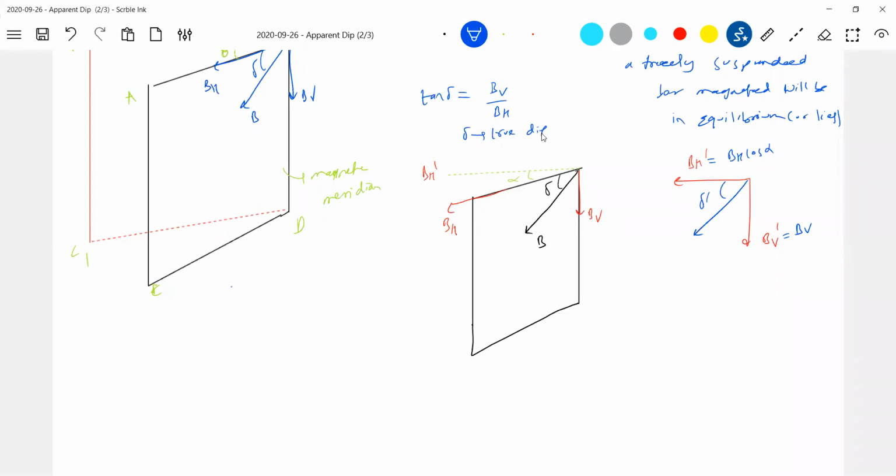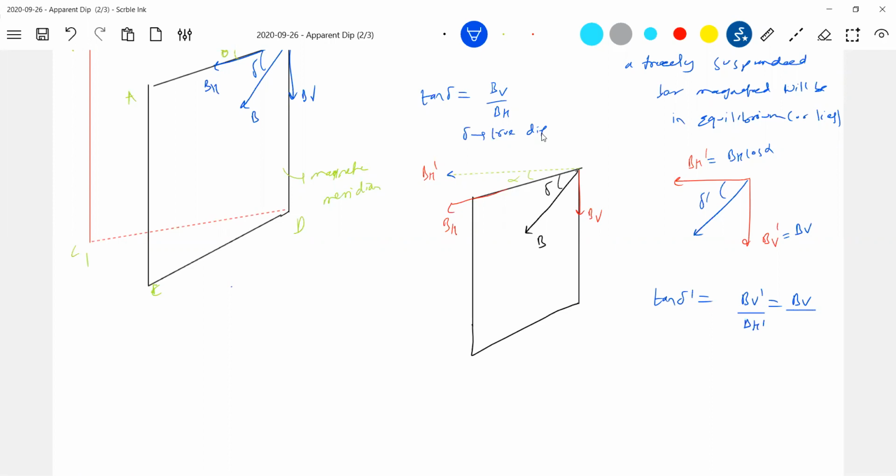Now I'll rotate the dip circle through an angle alpha. This is the magnetic meridian. I'll rotate the dip circle first at a place to an angle alpha. What do I mean by rotate? Are all of you able to understand? I think I'm helpless, I can say only this much here. Now what is BH dash? BH cos alpha. So what is tan delta dash, the apparent dip that we measured? This should be equal to BV dash by BH dash.